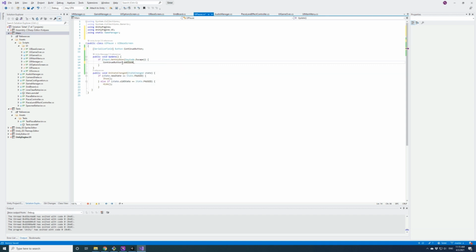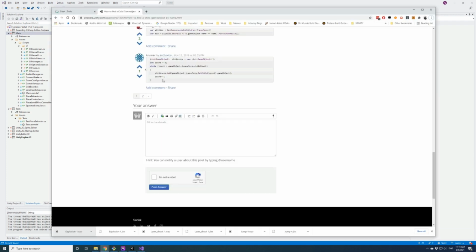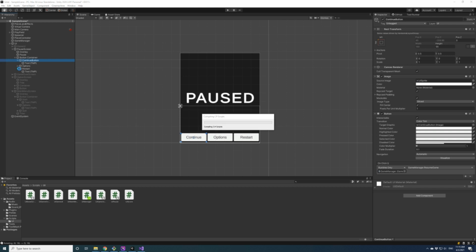On click. Okay, so we're going to emulate a click on the continue button instead of actually telling the UI script about the game manager.